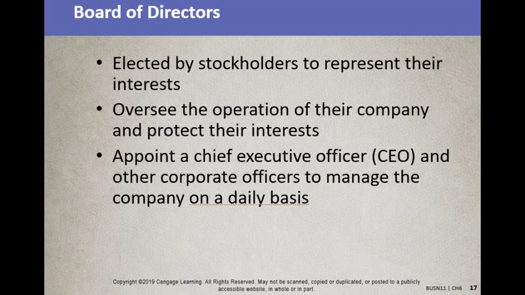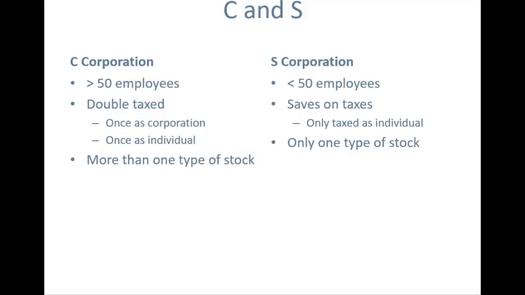And like I mentioned, there is a board of directors that is involved. The board of directors normally is elected by the stockholders. It represents the stockholders' interests and oversees the operation of the company. They normally appoint some kind of CEO. Well, some CEOs can last forever. Some go in and out of the company like a revolving door. We take a look at some of the more important CEOs in history.